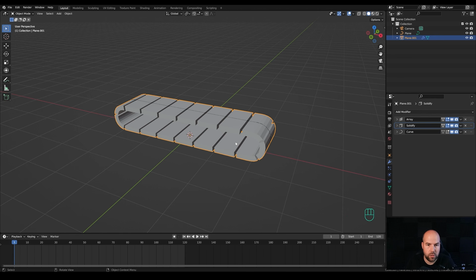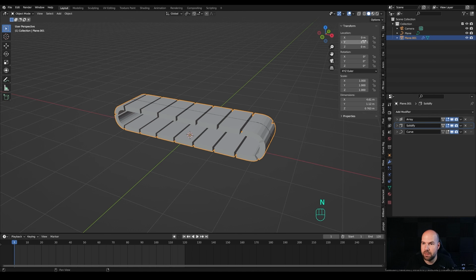shouldn't be too hard. So first of all, let's create the first keyframe, and let's press N for the side panel. And here in the item menu, I will set the X location keyframe on frame 1. So right click and insert single keyframe. So there it is. And now let's move to frame 120. And now we'll need to figure out how far we need to move to make the full round.